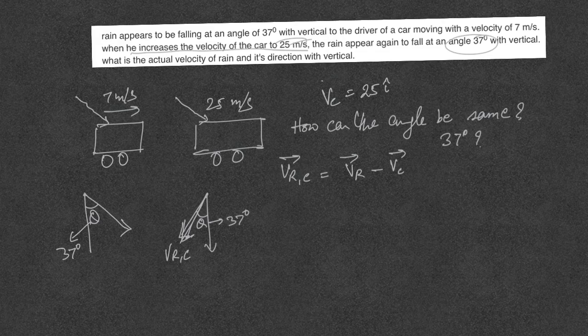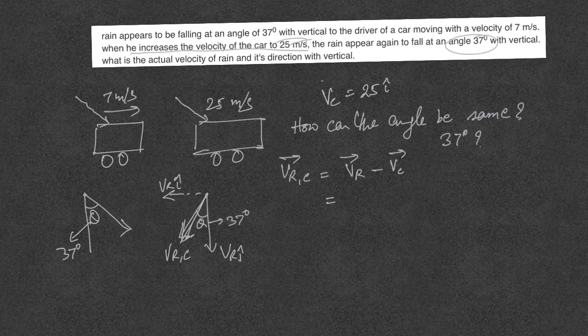Whereas the velocity of the rain would be, let me put the x component over here and a y component over here. So this is the velocity of the rain in i, and this is the velocity of the rain in j. Now, as you know, this is negative as well as this is negative, so both of them are negative. It's very important to understand this. Let me first start by solving the sum.